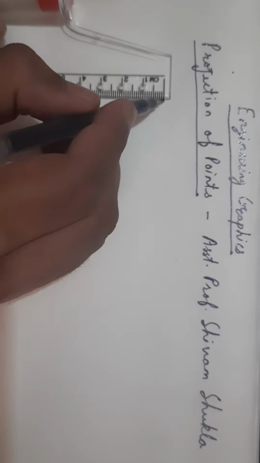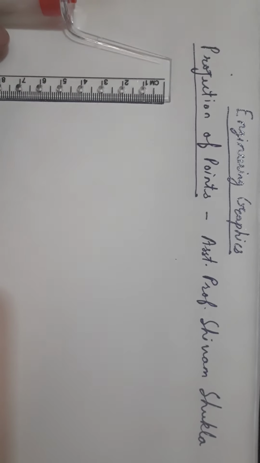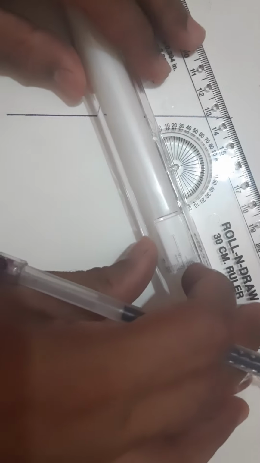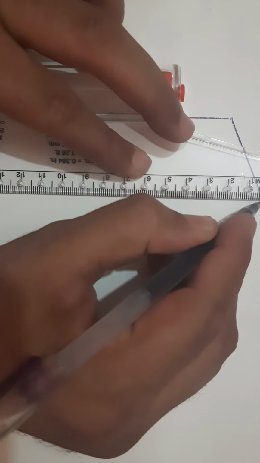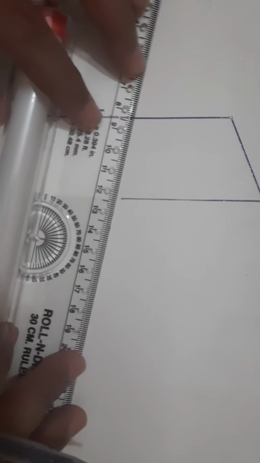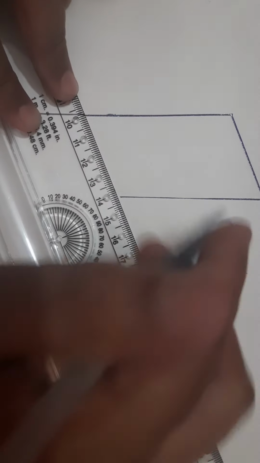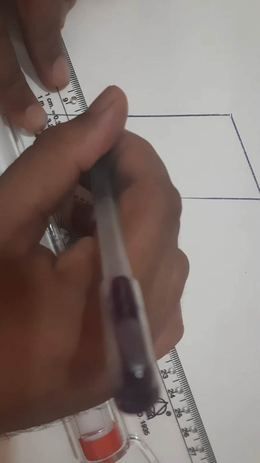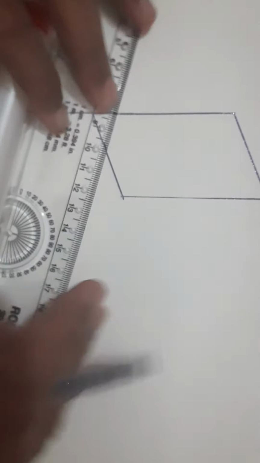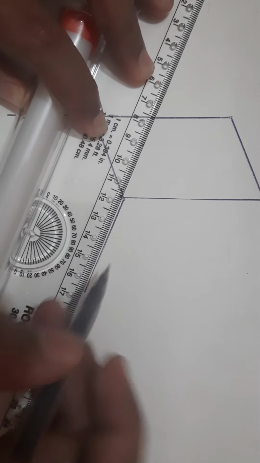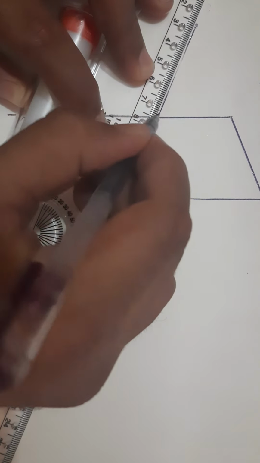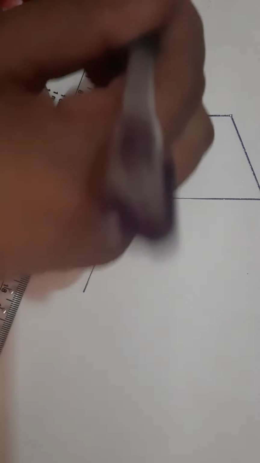So starting with this, I'll be making a 3D diagram of it. Just would like to explain. Now I'll be making this line. I'll be coming half the way down over here like this. Then there would be a plane which will be extended on both the sides like this. Same way over here.